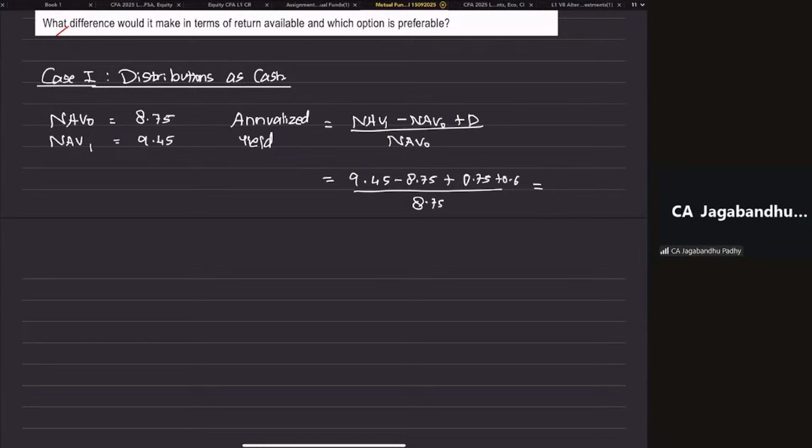23.43%. Yes, 23.43%. Okay, so 23.43%. And then the second case, where the distributions are done by way of units. So if distributions are done by way of units, so distributions as units,